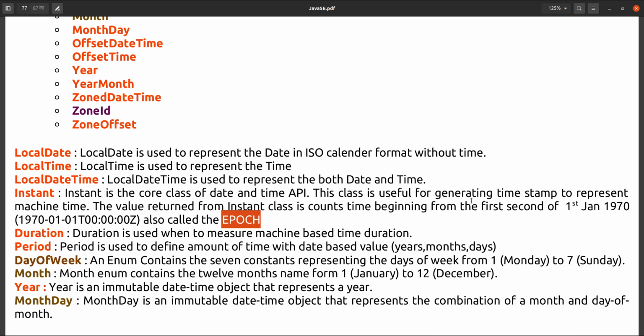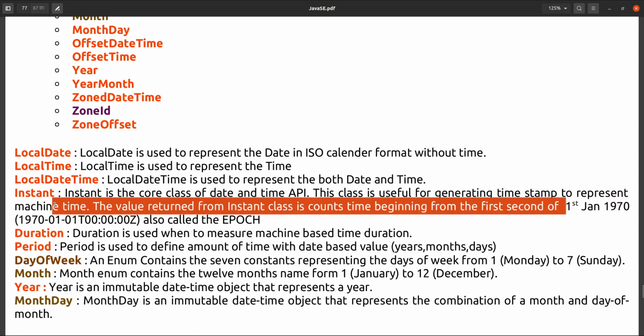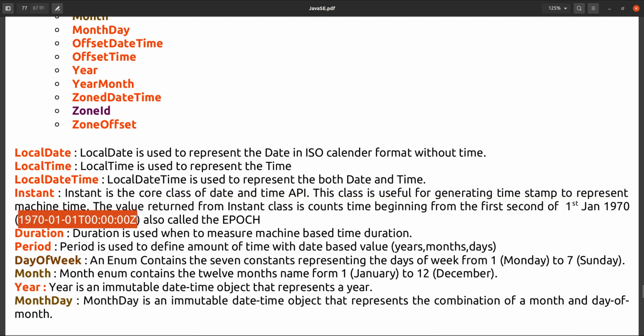This will be the beginning time. From here you can understand this is the year, month, date, and this is the time. This is also called epoch. Means from 1st January 1970 it will start, that is called epoch time.